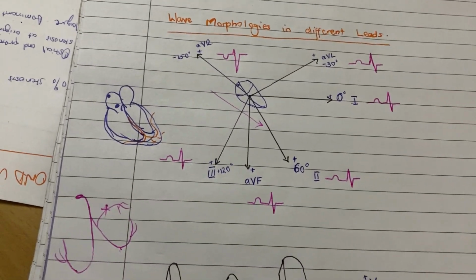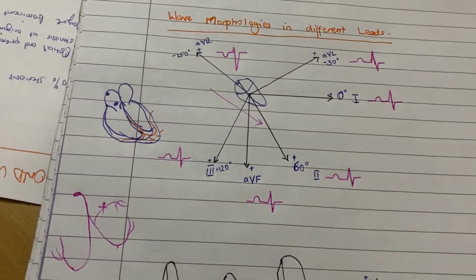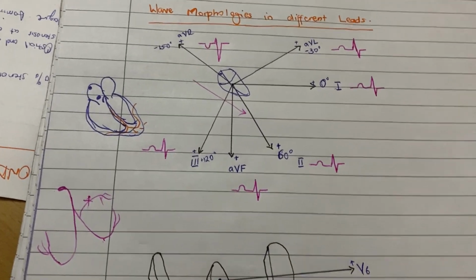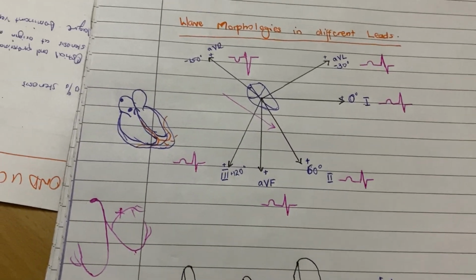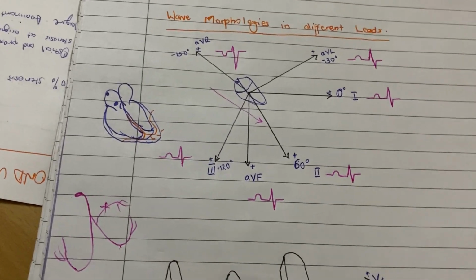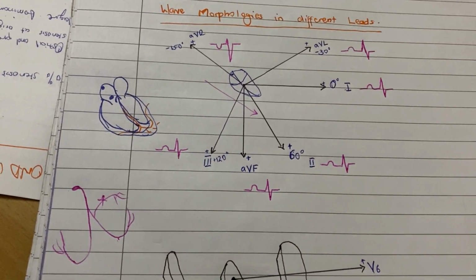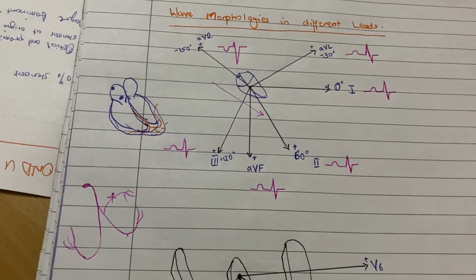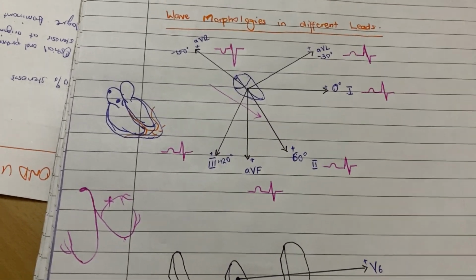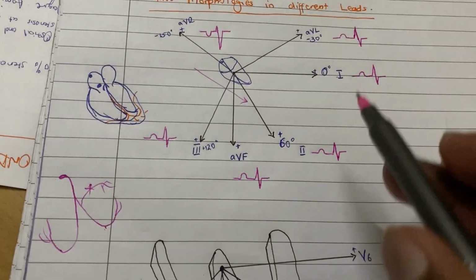Because how do we produce a positive deflection? In repolarization, negative charges are moving. Negative charges are moving towards a negative electrode, or